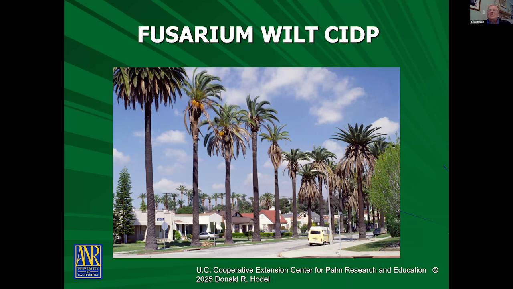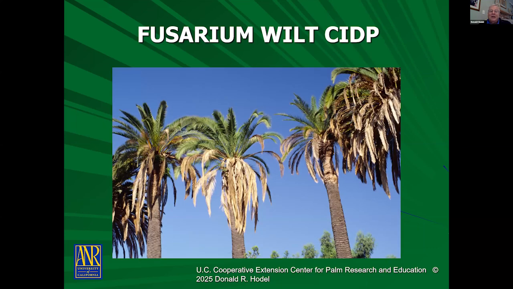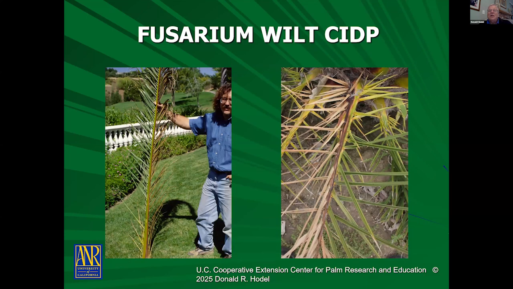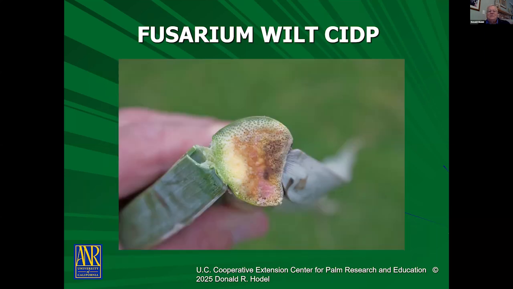And the first symptoms you'll see will be a lot of dead leaves in the lower part of the canopy, as you see here. And leaves that are just starting to turn brown often have one-sided death, where one side of the leaf is green, the other side is brown. So here's another Canary Island date palm. There's my former colleague, Jim Downer, holding up a leaf showing it's green on one side and brown on the other. And the photo on the right shows the same thing. So this indicates Fusarium wilt might be there.